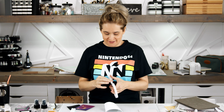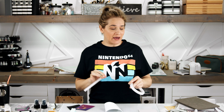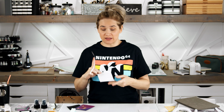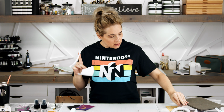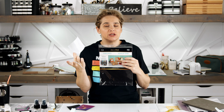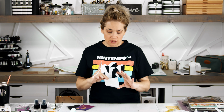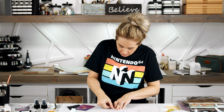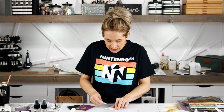So prior to poking the holes, you really want to put the foil on the back, and I forgot to do that step. So let's do that now. This is just that ThermaWeb toner foil. You could also print out a square in the size that you need on your toner printer to get the toner, and then I foiled it, ran it through the laminator with white MINC foil,